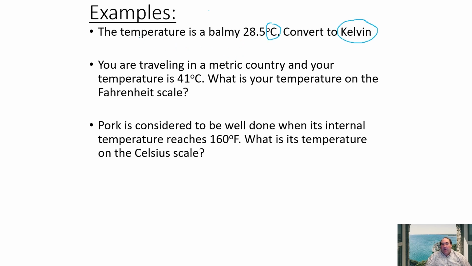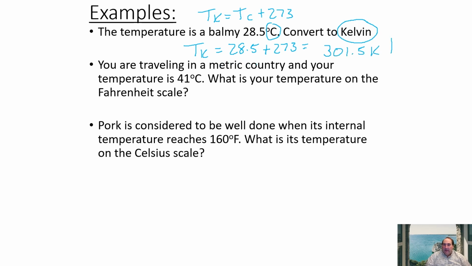So our temperature in Kelvin is equal to our temperature in Celsius plus our 273. So our temperature in Kelvin here will equal 28.5 plus our 273. That's going to look like